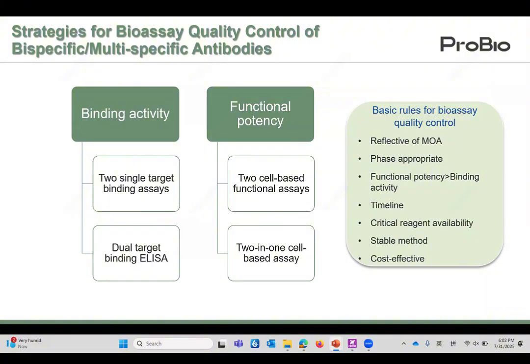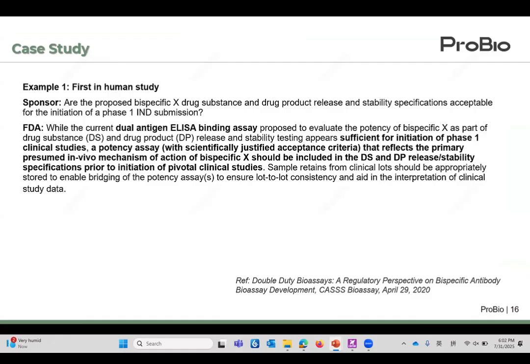But generally, for different agencies, at the IND stage, binding can be chosen, but functional potency needs to be developed for the BLA stage. There are several cases from the FDA. This is the first one. The project is in human study. The sponsor asked whether the binding